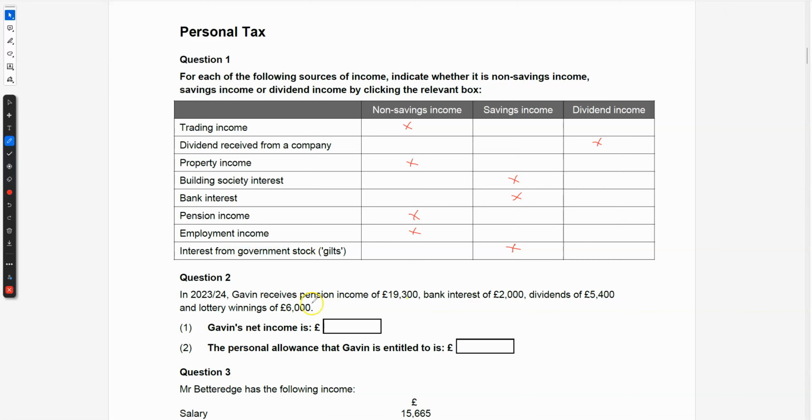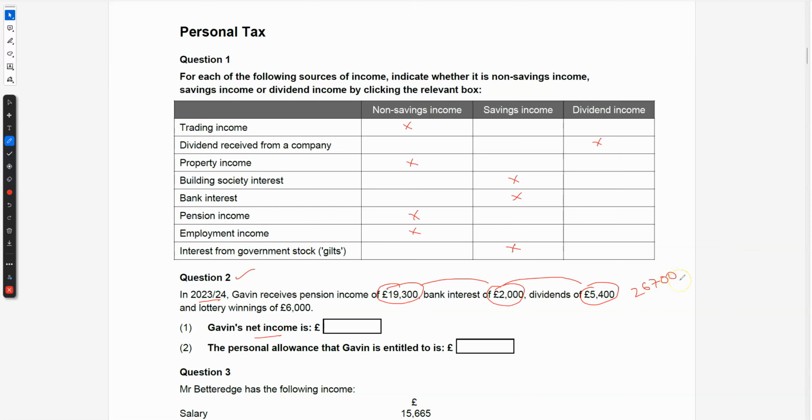All right, the next one, question number 2, says in 2023-24, Gavin received pension income 19,300, bank interest 2,000, dividend 5,400, and lottery winnings 6,000. Gavin's net income represents the total income, and this is very simple. We have a non-saving income, that is pension, 19,300. We have bank interest, that is saving income, 2,000, and we have a dividend income, 5,400. All you have to do is add these three to find the total income, and that will be